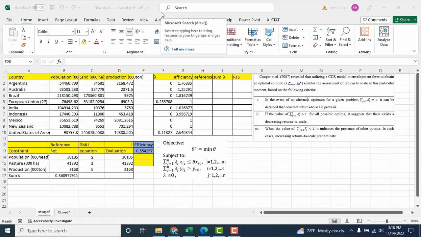Hello everyone. Today I would like to share about the CCR DEA model under input oriented. So I would like to optimize the input, to reduce the input, but maintain the output. Here I have the data about the beef production